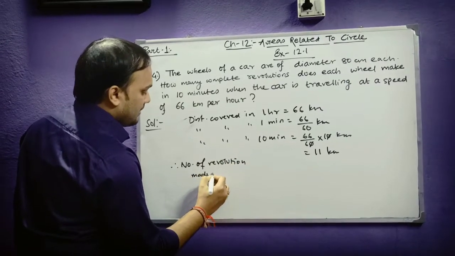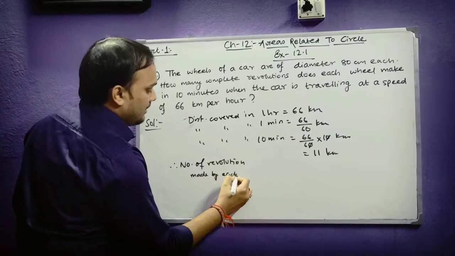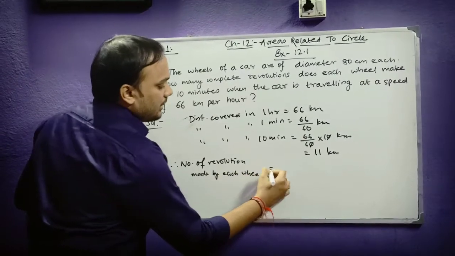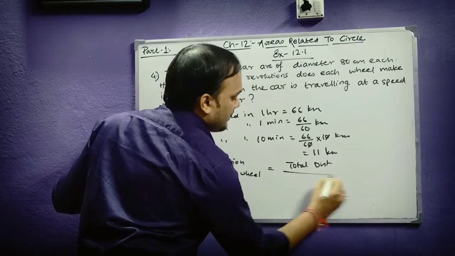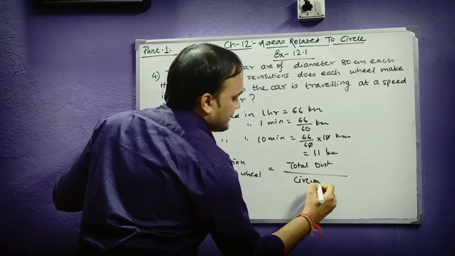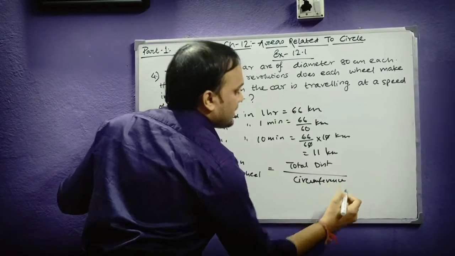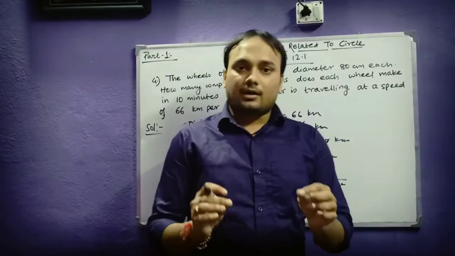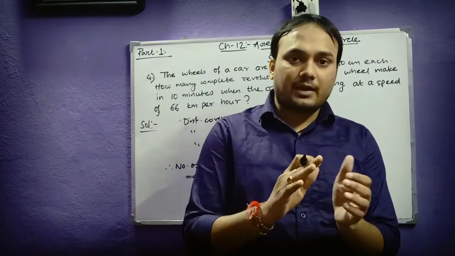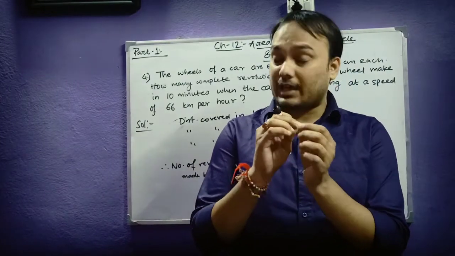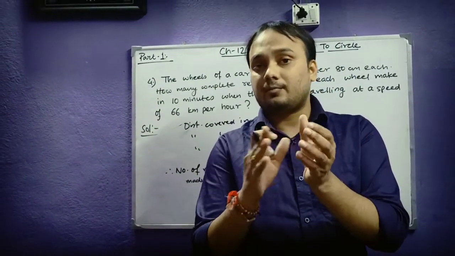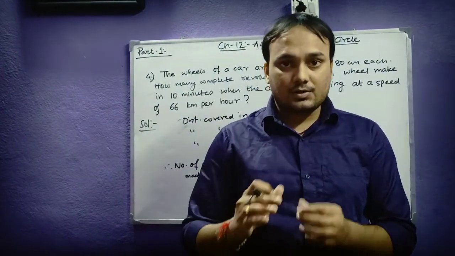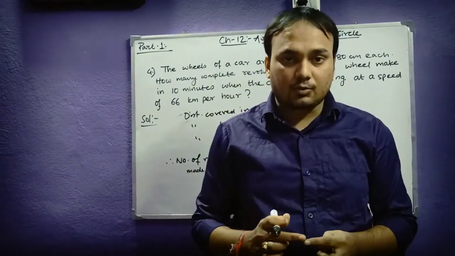made by each wheel is equal to the total distance divided by circumference of each wheel. Because if you notice nicely, the circumference of the wheel is actually the reason why the wheel is covering some distance. So after finding the circumference, that is the total length of the